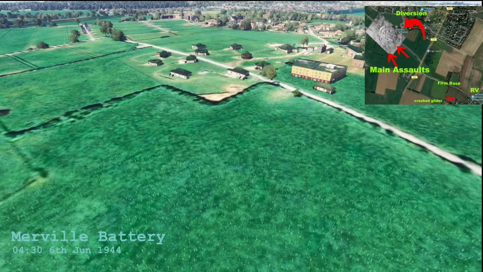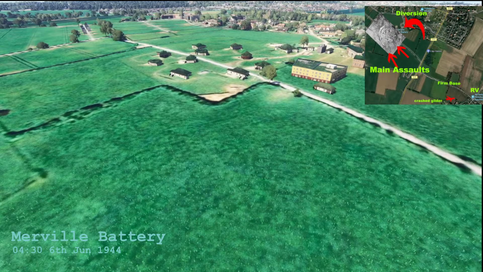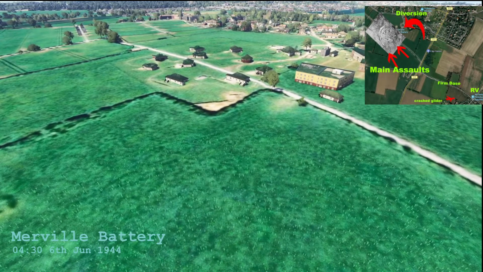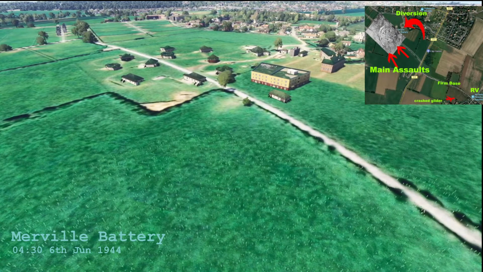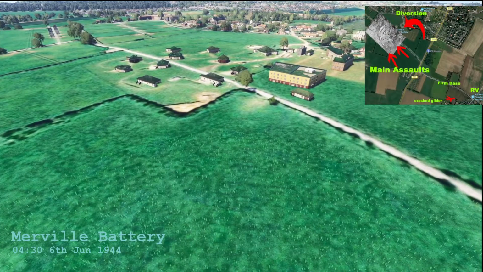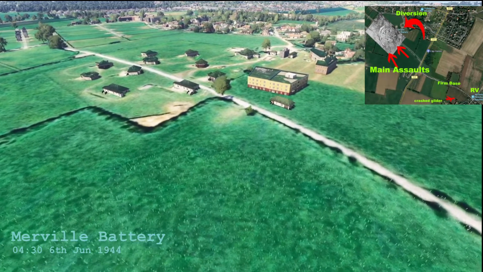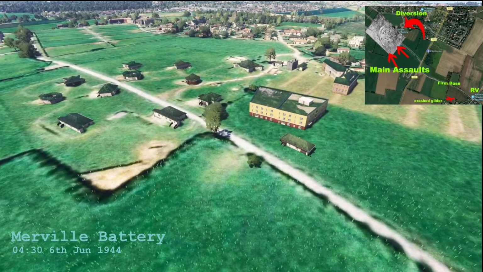This blows up a gap in the wire, and then Otway says, get in, and the attack begins. He says that there were booby traps in the wires, mines were going off, they charge in, and